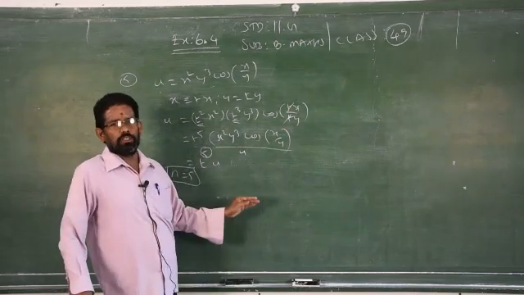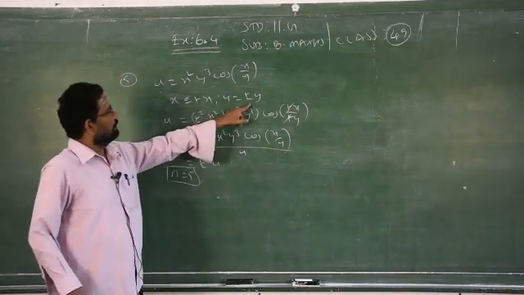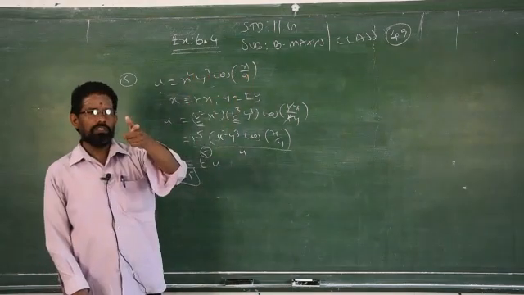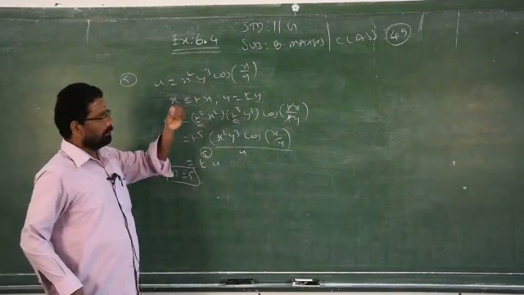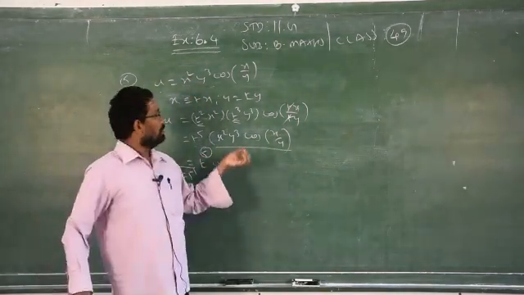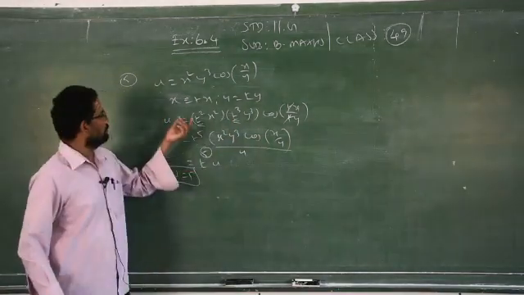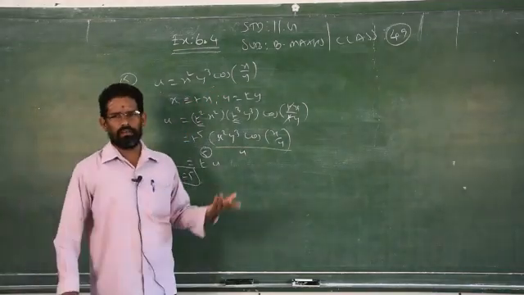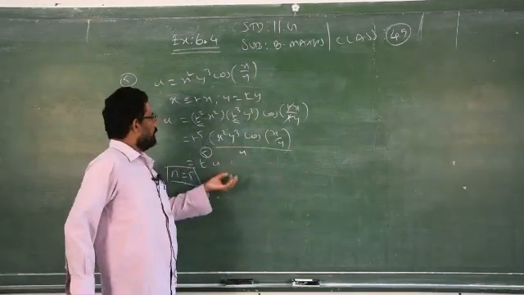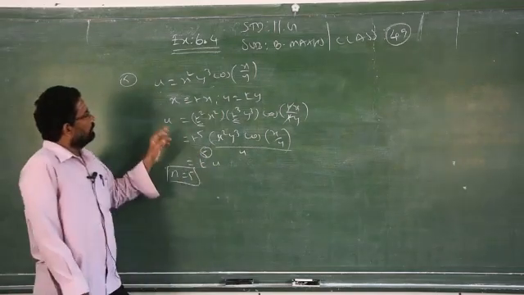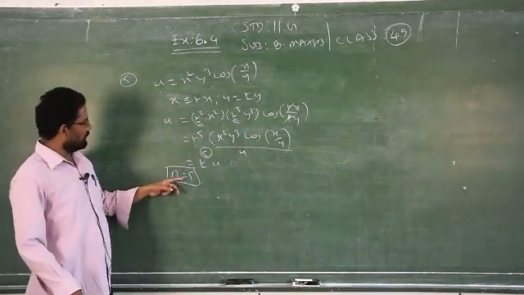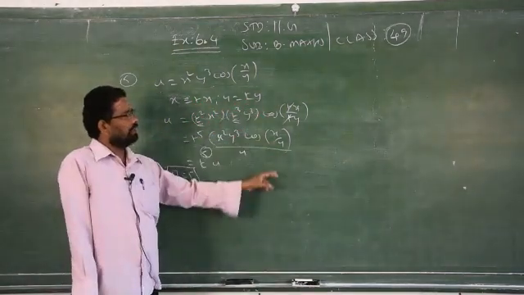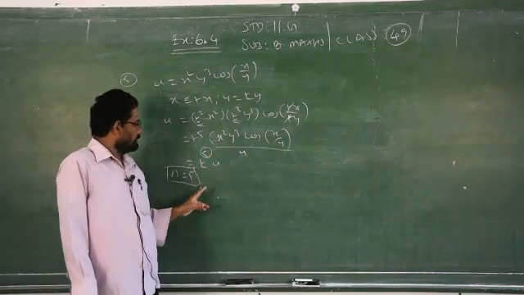Even if you don't write this, if you replace straight away x by tx, y equal to ty, you just have to add the powers of x and y. When you add the powers of x and y, you will get what? 0 for the cos part. So when you add the powers of x and y, you will get how much? 5. So you can write directly n is equal to 5 instead of substituting and simplifying. Not necessary. Just write x equal to tx, y equal to ty. The next step immediately you can write n equal to 5. They will give marks. Clear? I am just explaining how to get this answer. So it is better if you replace, and write straight away the answer n equal to 5 by stating that x is equal to tx, y is equal to ty. The substitution itself doesn't carry marks. These two steps only are very important.